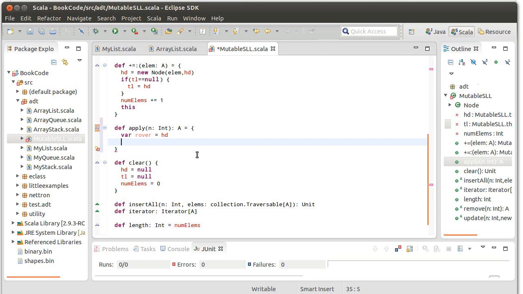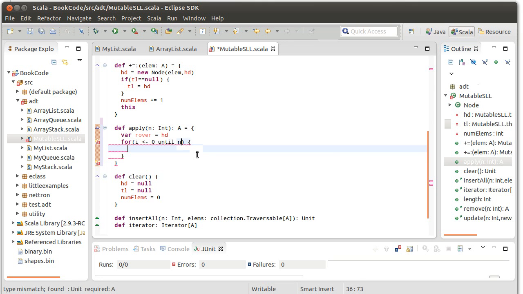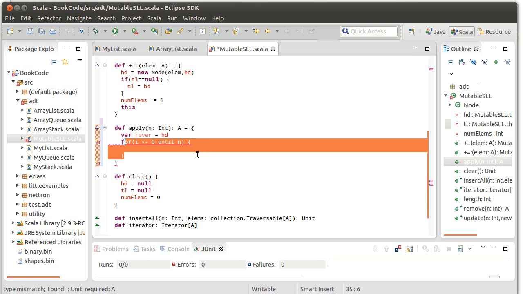Now, we need to have this rover, and I'm also going to make a var. I can do this nicely with a for loop: for i in 0 until n. Note that if n is 0, this doesn't happen at all. 0 until 0 doesn't go anywhere. And what I want to do in here, actually,